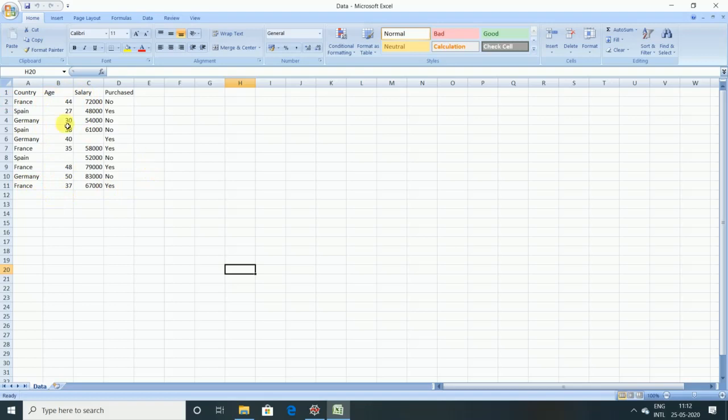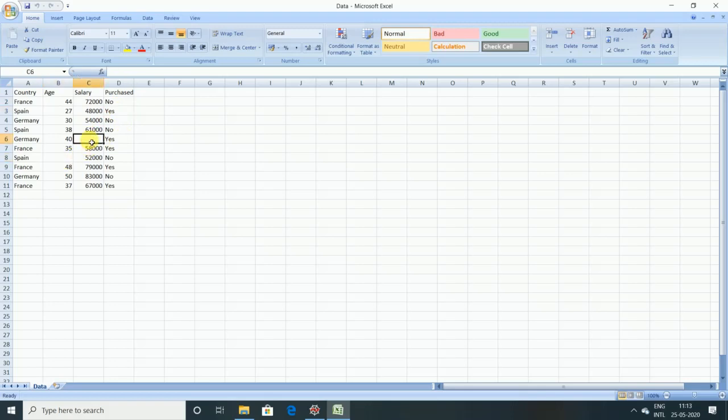You can see there are some categorical variables, like in the country, you can see France, Spain, and Germany. There are three categories here, and age and salary are continuous variables. Also we have a categorical variable for the purchased attribute here. There are only two values, either no or yes. And you can clearly observe that there is some missing data here.